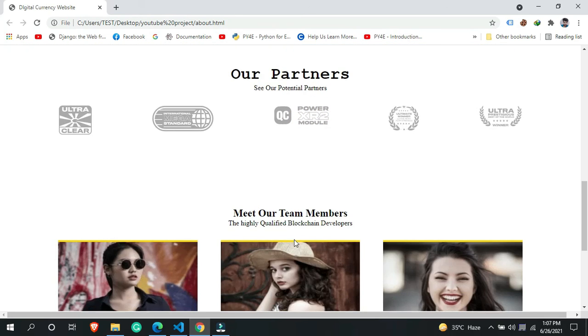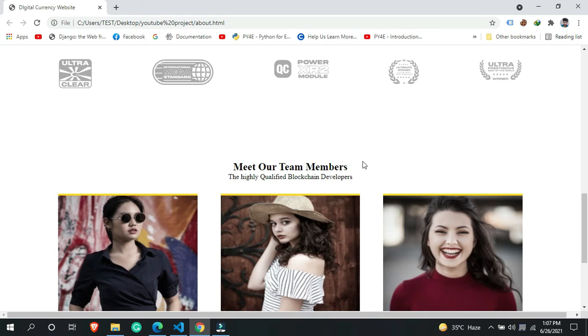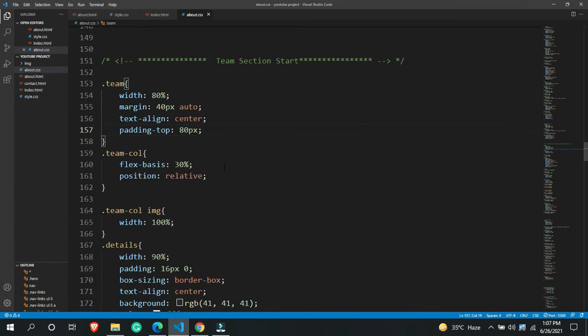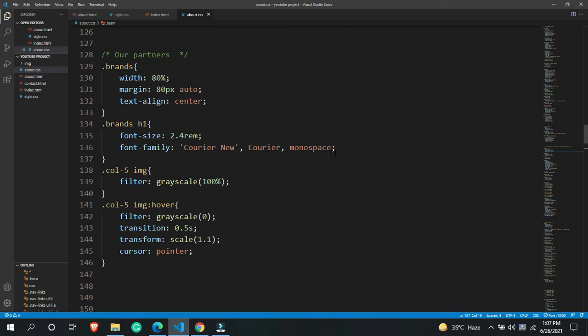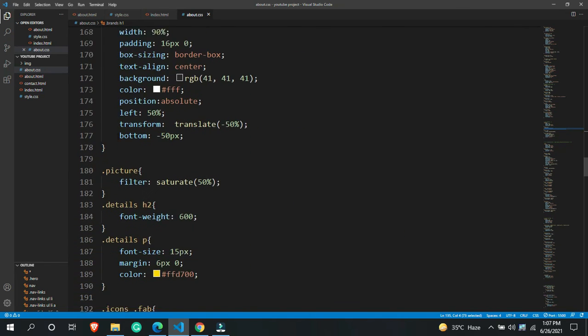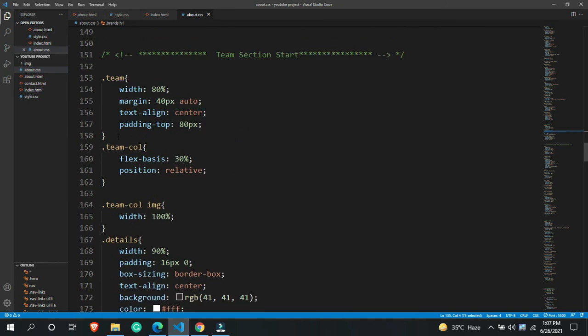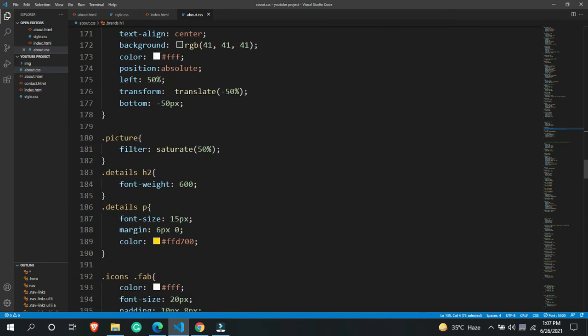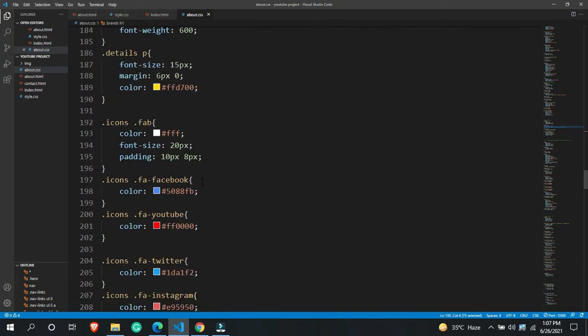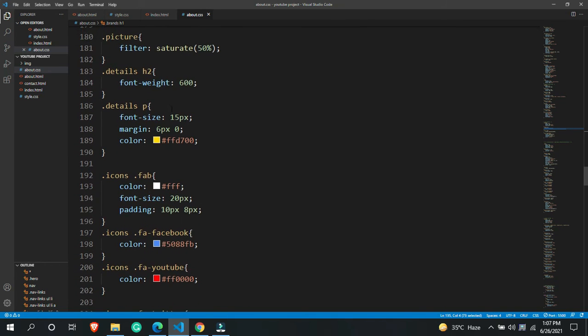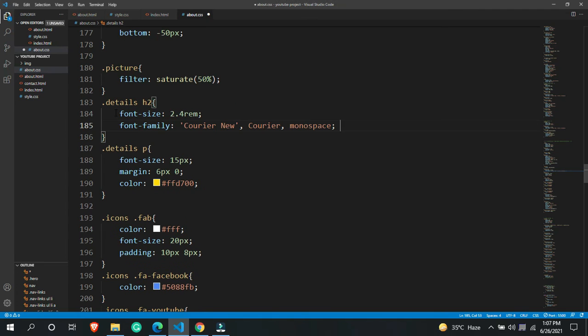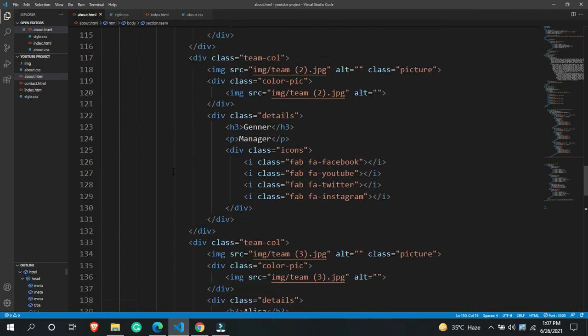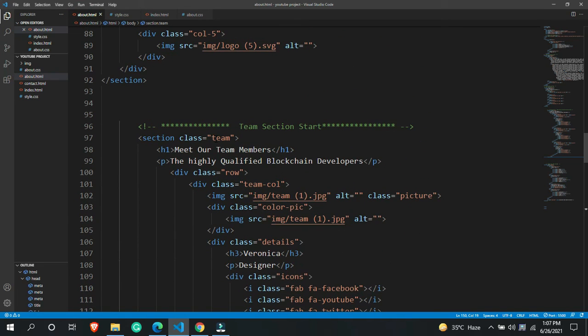We are having a space, and if you want to change the space, you can also do that. And you can also target this particular h1 tag. So if you want to give the same heading over here, you can also do that. So let's come up over here, and here we are seeing inside this detail, inside this h2, we are having this particular h2 over here, and let me check whether we are having h2 or something else over here. So yeah, inside the team member section we are having h1.